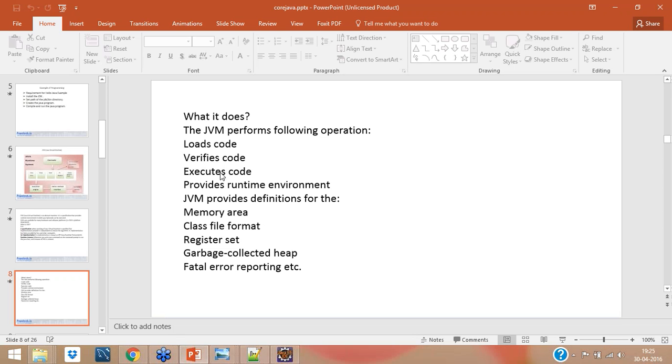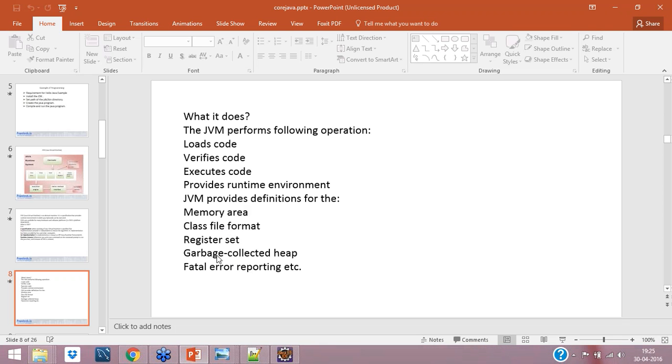It loads the code, verifies it, executes it, then provides the runtime environment. It also provides the definition of memory areas, which memory area will store what, the class file format, the garbage collector, and the heap. I already told you about automatic memory management.